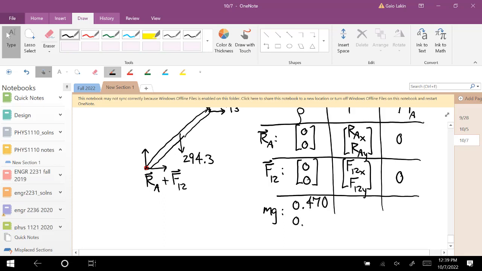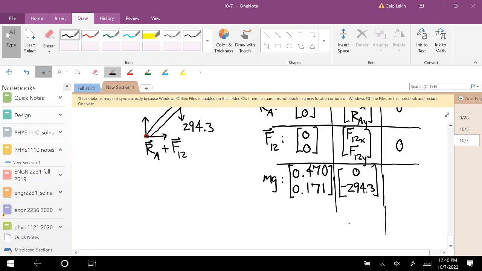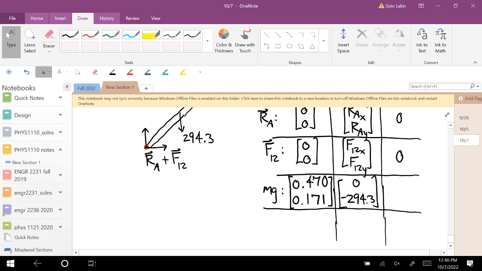And then 0.171, I think. And the force vector is 0, negative 294.3. I should have brought a calculator, but can someone multiply 0.470 and negative 294.3? Yes, that is,